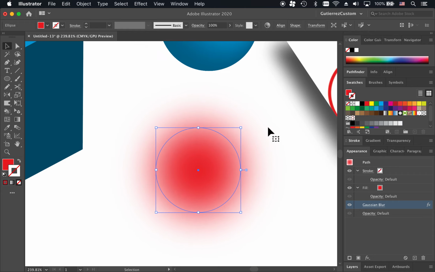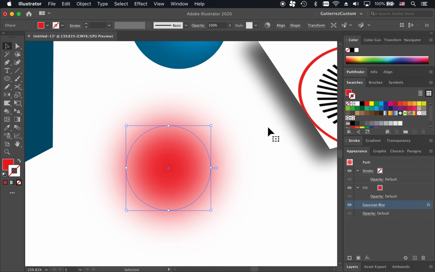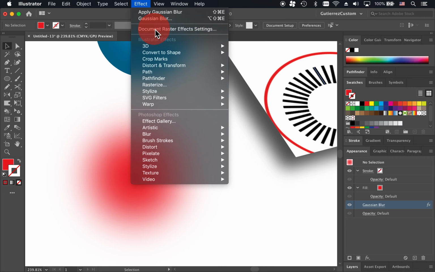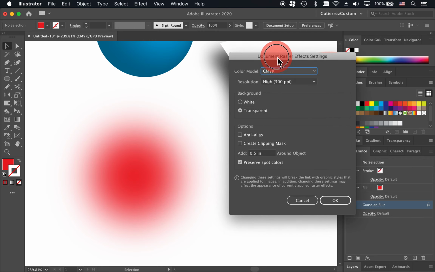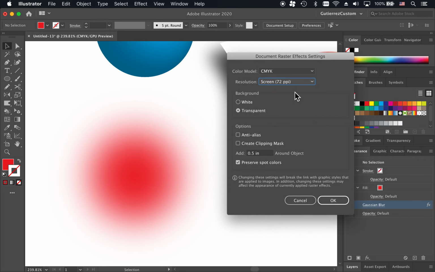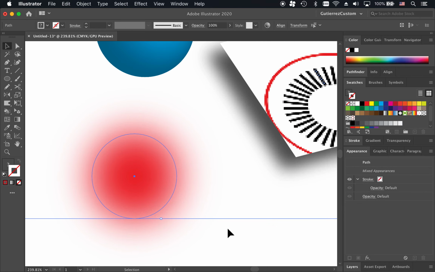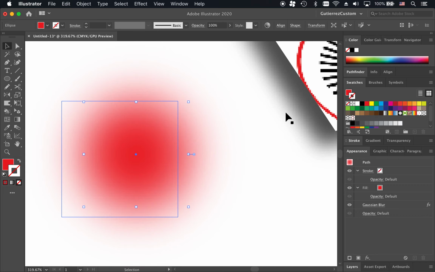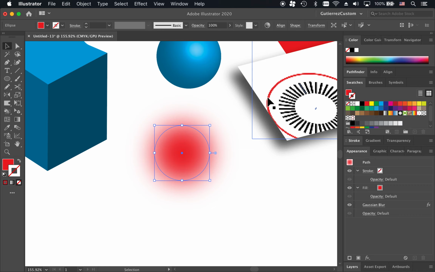So this is actually really important, especially when submitting your figures. The property that dictates how smooth your pixels are is up here in Effect, Document Raster Effects Settings. So if I make this really low, notice that when I zoom in, you can actually start to see the pixels that are defining your blur here and in your shadow and everything else. So this is a key thing, and I'll talk about it later